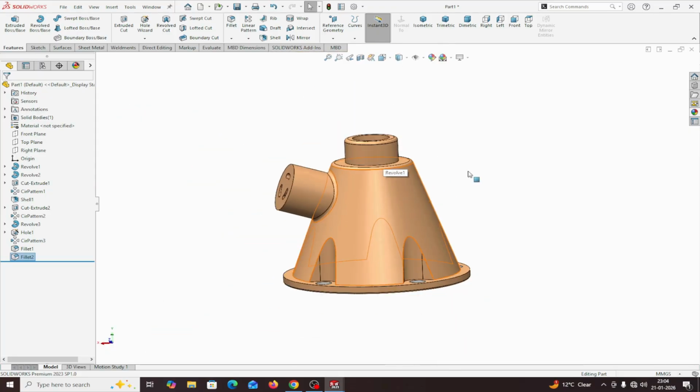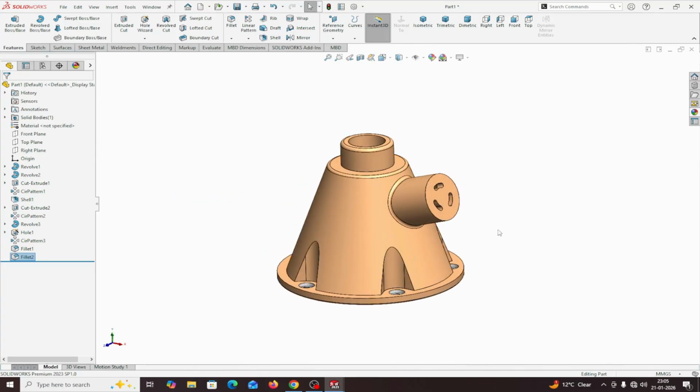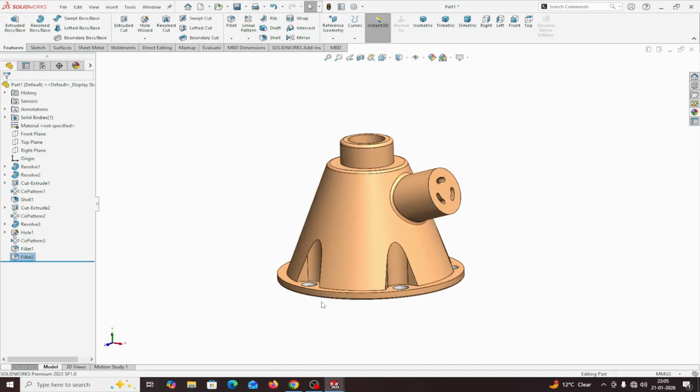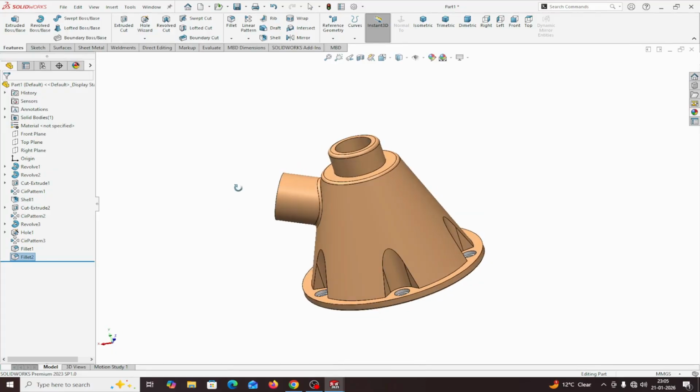We conclude here. We have learned in this exercise revolve workspace, hole wizard, this slot feature, extrude cut, and shell feature we have learned in this exercise. I hope you would have